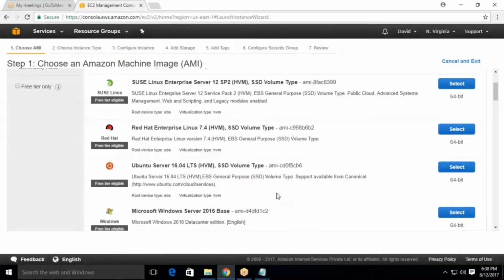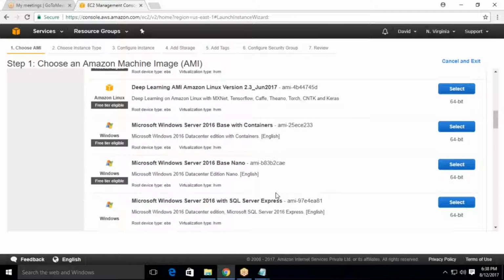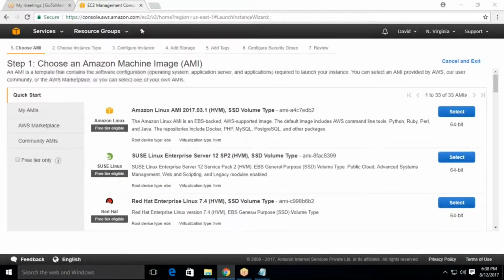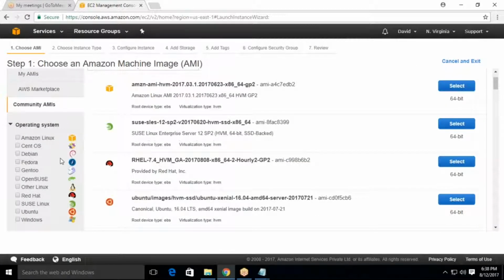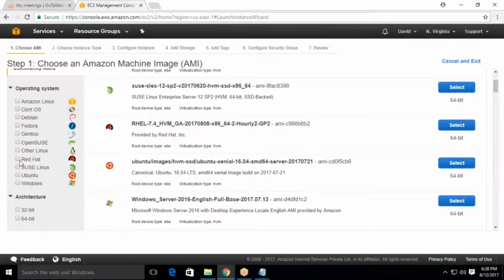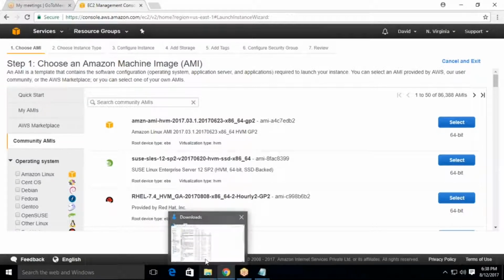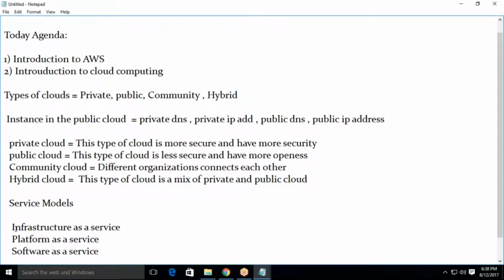And you can see this. We have different types of operating systems. You may think that we have few types of operating systems. You can choose more operating systems in community AMI, where you are able to select any operating system you like, and this is 32-bit, 64-bit architecture. So, if you ask me where infrastructure as a service comes into action,